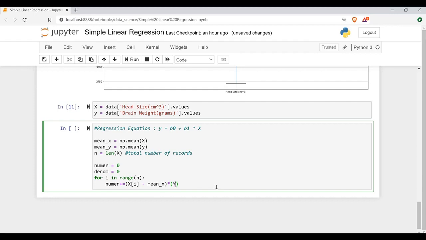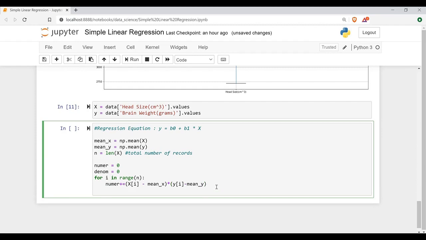So it will be y of i minus mean of y. So x minus x mean and y minus y mean.